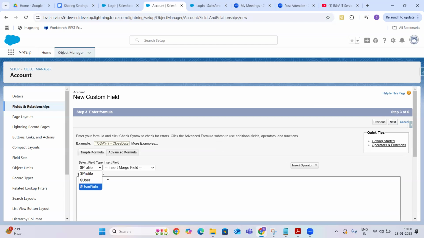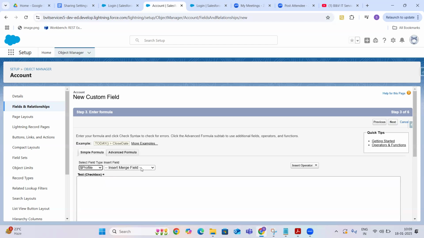So these are the formulas that you can write on the account object, and you are able to access profile, you are able to access user record. For example, if you want to write a formula depending on the profile name, then you can use this one. Depending on the user name, you can use user. If you want to write the formula depending on the user role, you can write this.